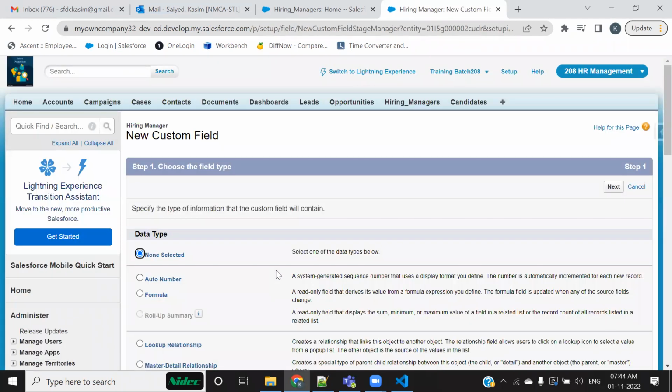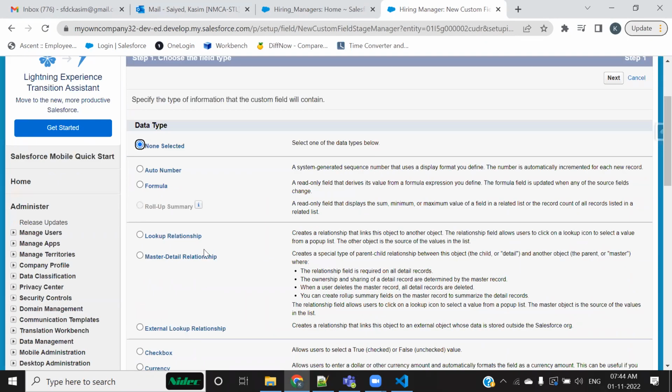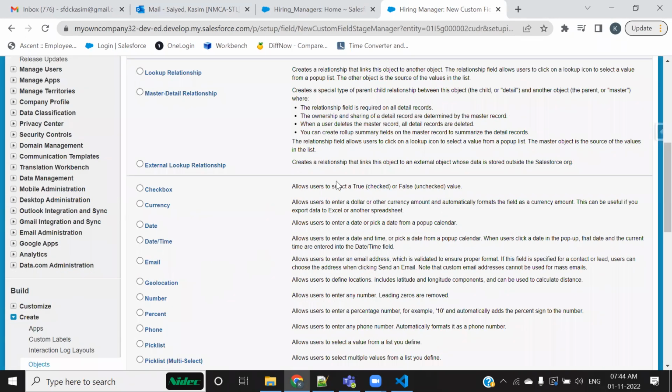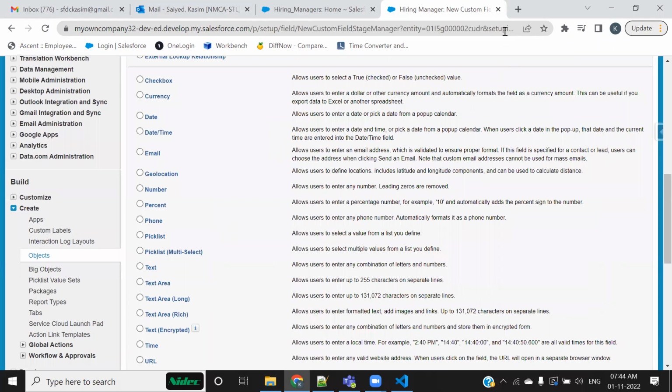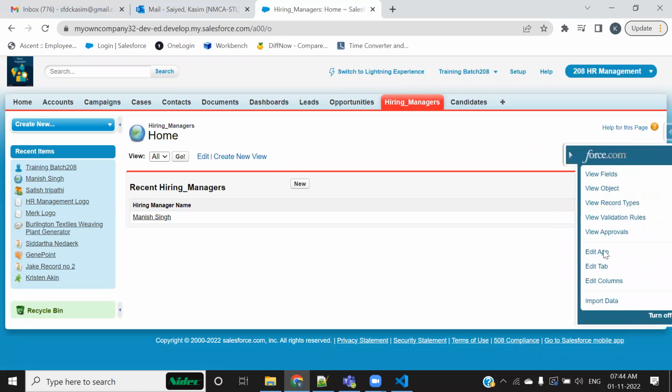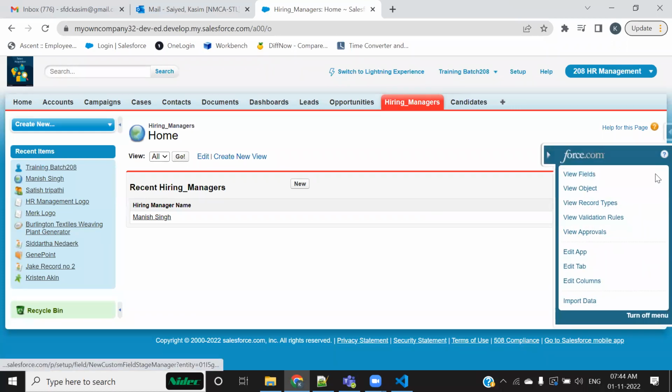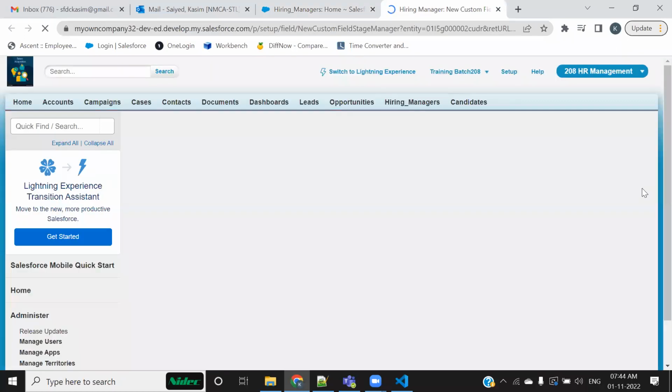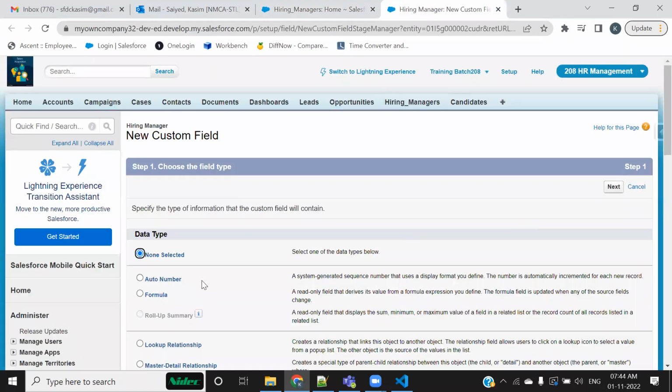Eventually you will land on this particular page where you could select the data type for your field, right? Another way, and I feel the shortcut way, is to expand force.com. Instead of clicking on view fields, just directly click on new. It would directly take you to this particular page, right? So this is the short navigation.